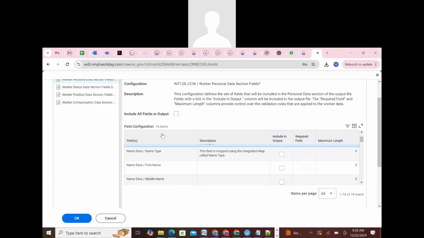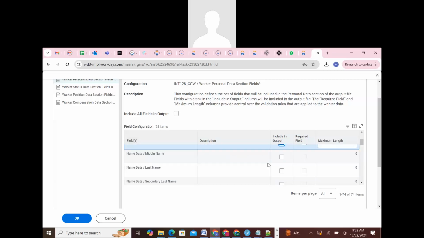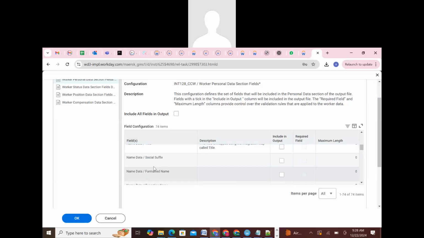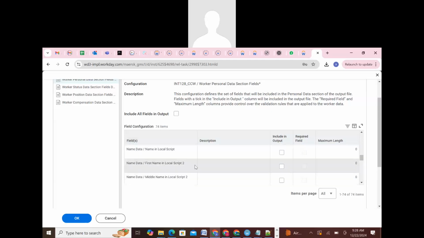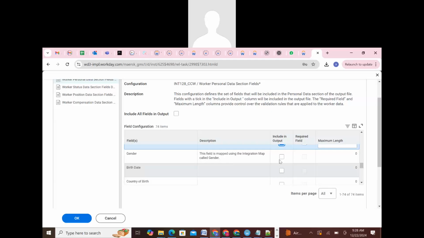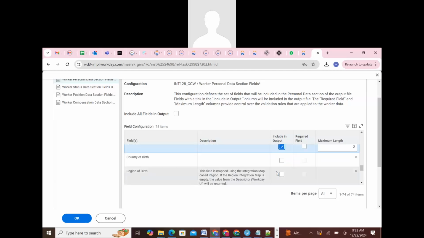Hi guys. So we have a name type. If we want to capture a name type, yesterday we saw in the web service output, legal name, preferred name. So that is under name type, guys. If we want to capture the first name, select that option, last name, and prefix, social suffix, and if you want a legal name and the full gender information, birth date, and marital status,